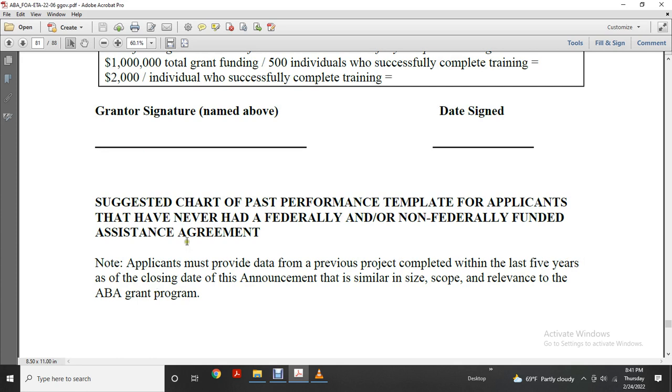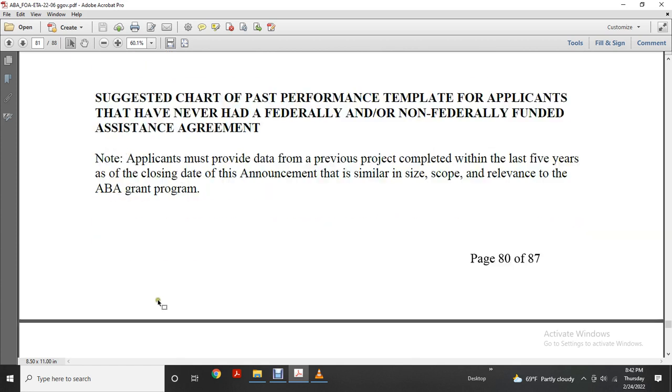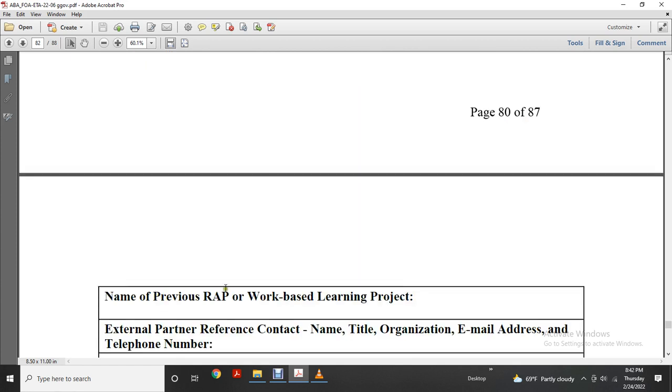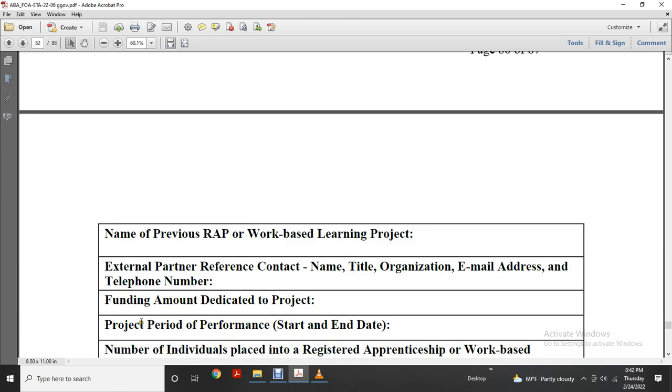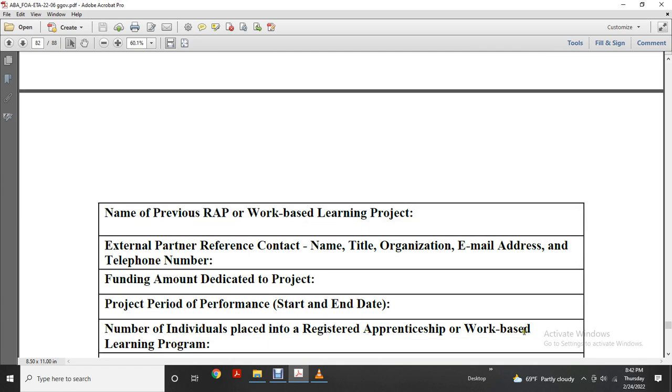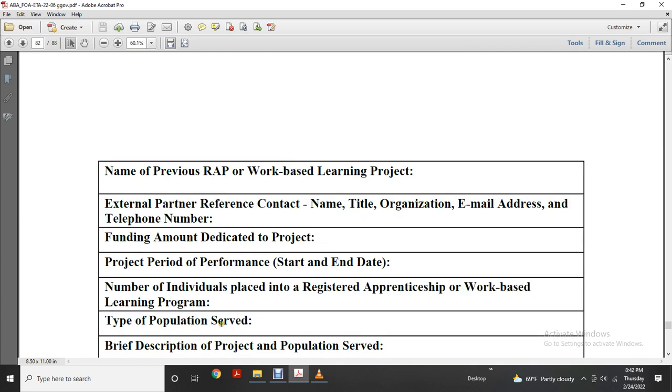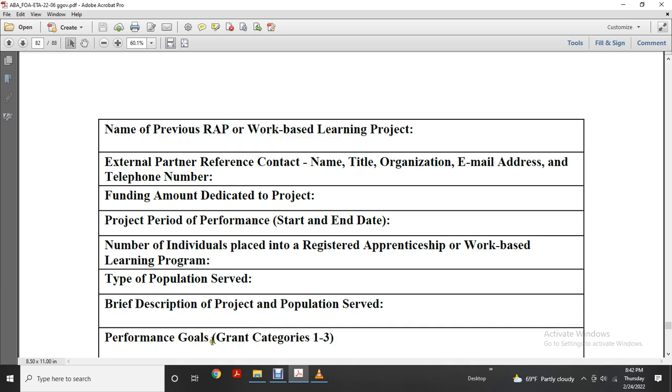Applicants must provide data on previous projects completed within the last 5 years of the closing date of the announcement, of similar size and scope and relevance to the Apprenticeship Building America grant program. Narrative of the previous registered apprenticeship program or work-based learning objective, with an external partner reference contact: name, title of the organization, email address, telephone number, the funding amount, the project period, performance start and end date, the number of individuals placed in the registered apprenticeship or work-based learning program, total population served, a brief description of the project and population served,